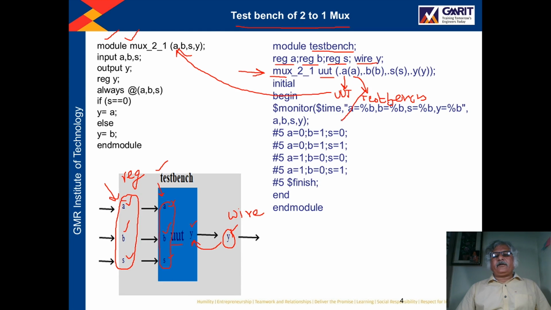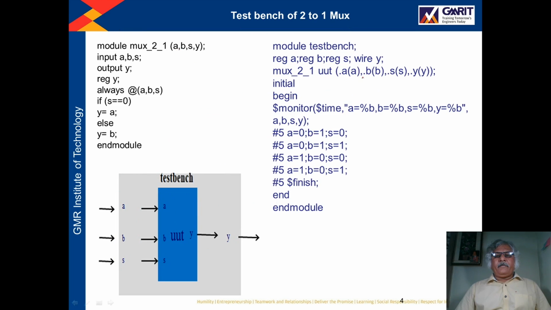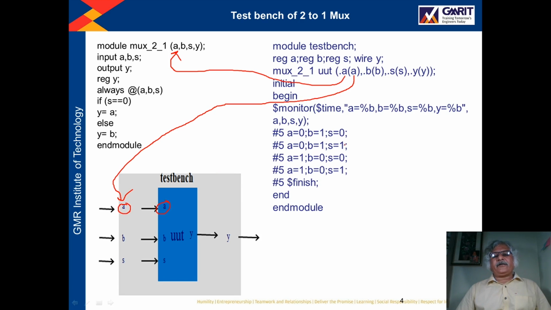So the first A belongs to the unit under test, and this A belongs to the test bench. In this way we have done the instantiation, means we are attaching the port A of the unit under test with port A of the test bench. So this is the instantiation statement.